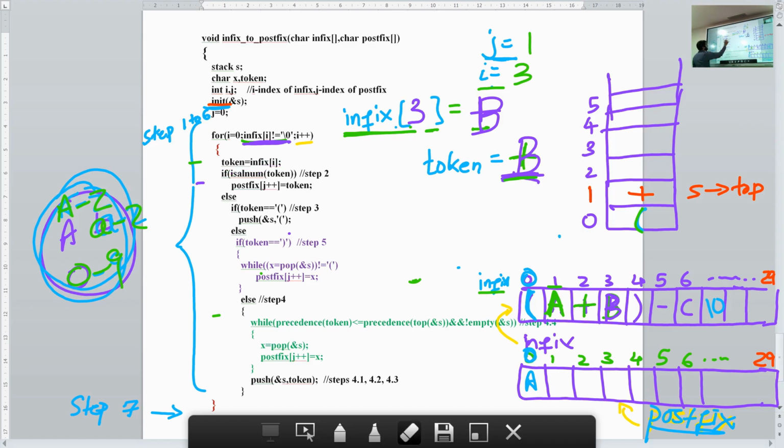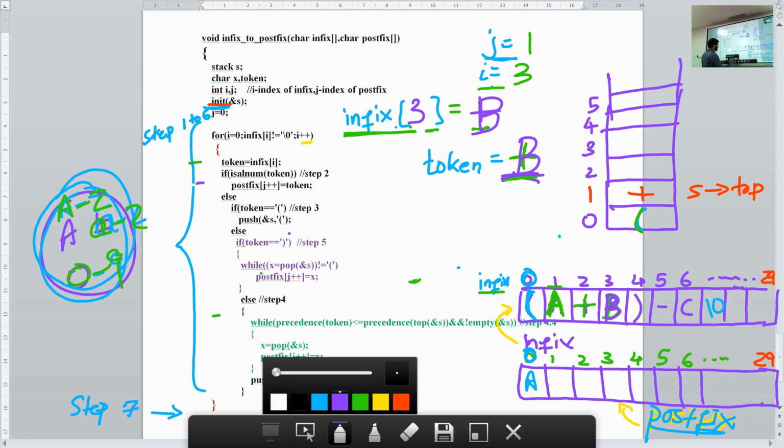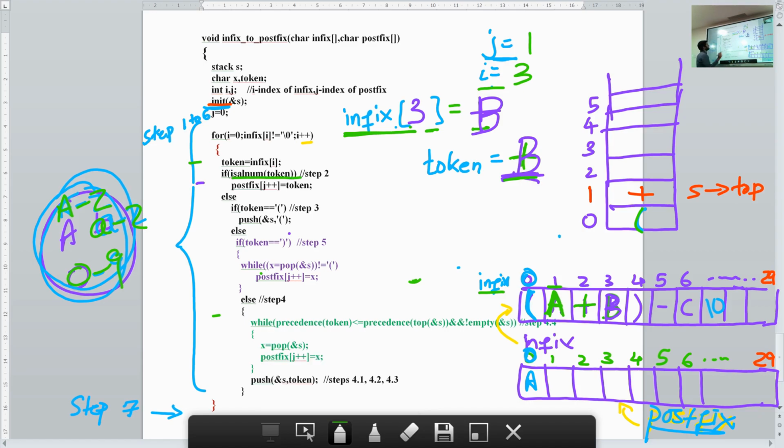Next, you check whether the token is alphanumeric. Is it an alphabet or a number? Yes, it is an alphabet or a number. So in that case, what do we do? We store the token, that is our token B, in the output array. We store it here in the output array and then we increase the value of j.